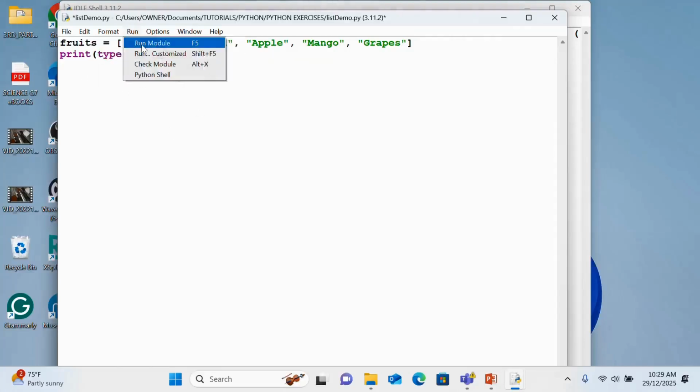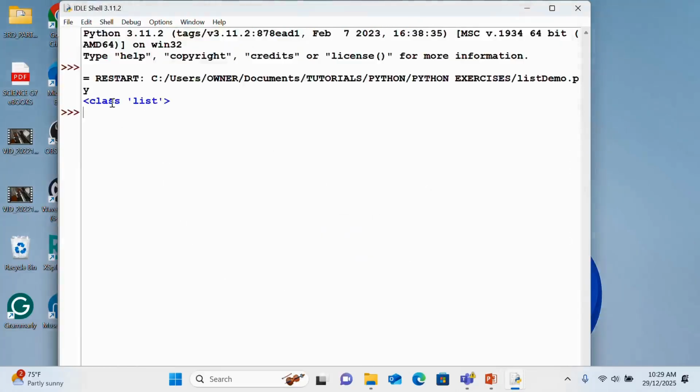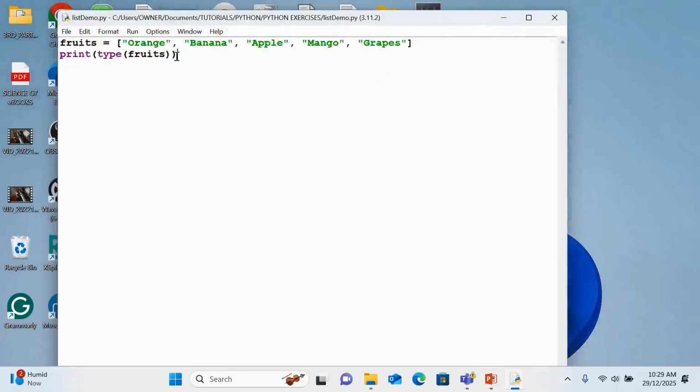So we run this program and it tells us that the fruits data structure is a list. We remove that. So we have our list called